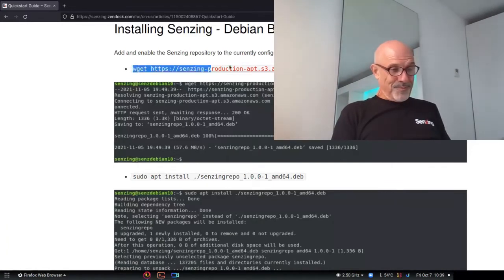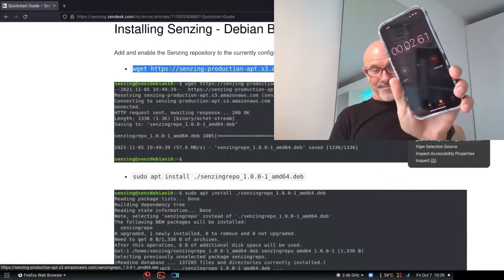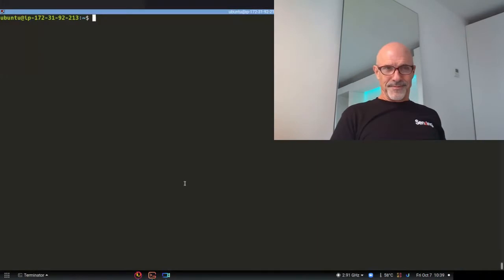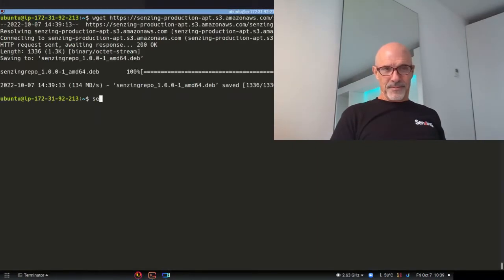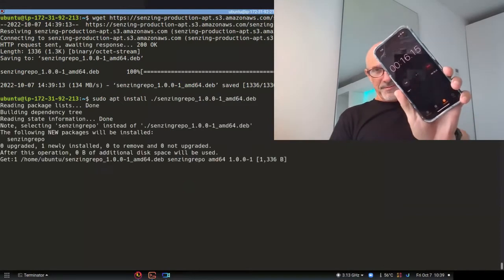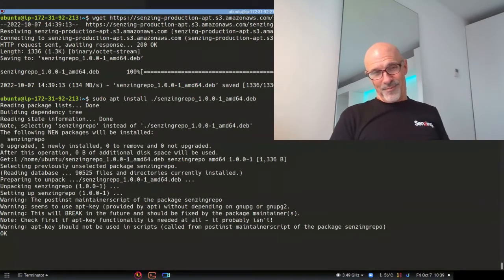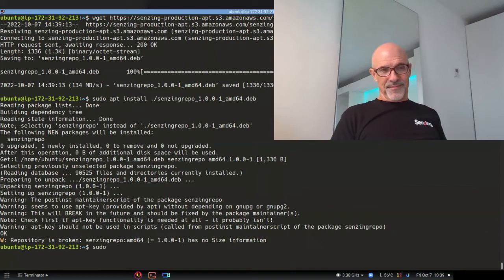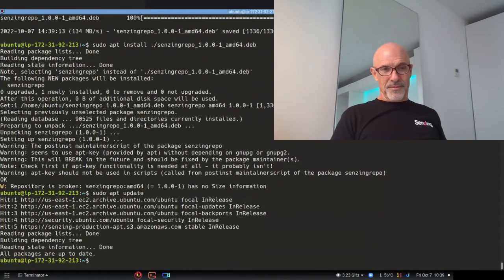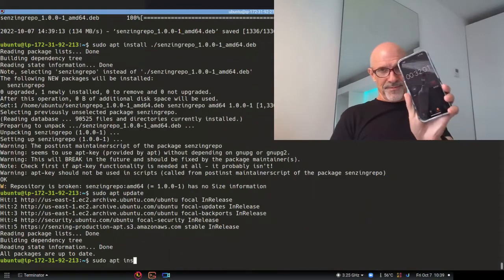So the first thing I'm going to do is just copy and paste this to download the Senzing repository so that we can find the software. So let's get that installed. Great. Once that is installed, then we can do an update to locate the software, and then install